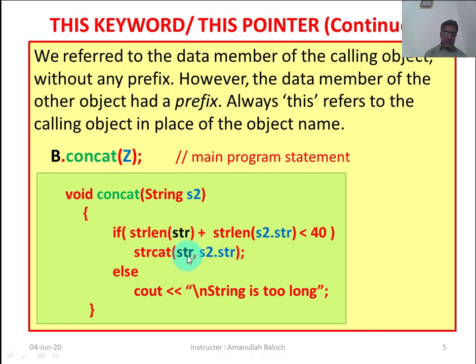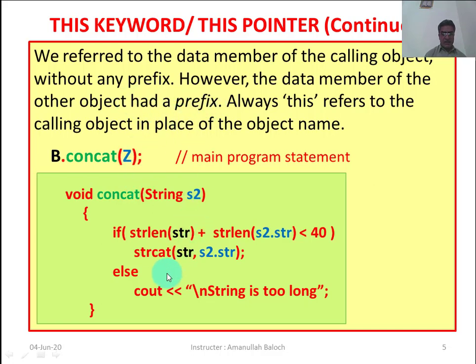So here we are not going to discuss it in detail, but we are going to understand that b is the calling object and str variables without prefix belong to this b, and with prefix belong to this s2, and s2 has stored the value of z.